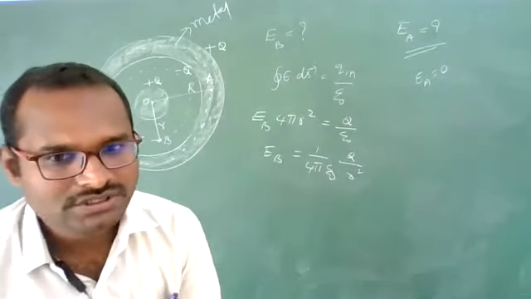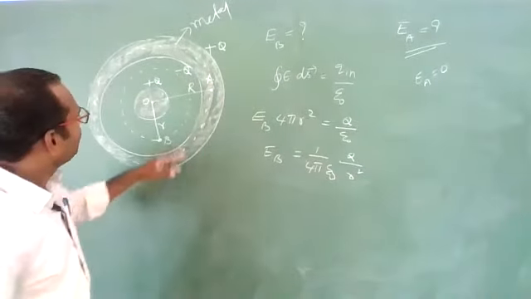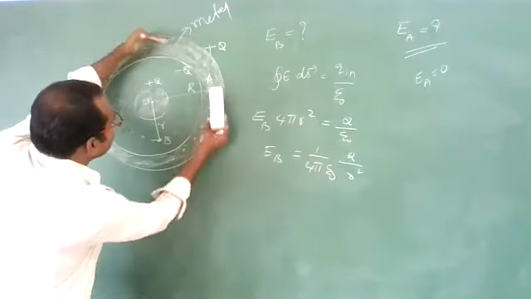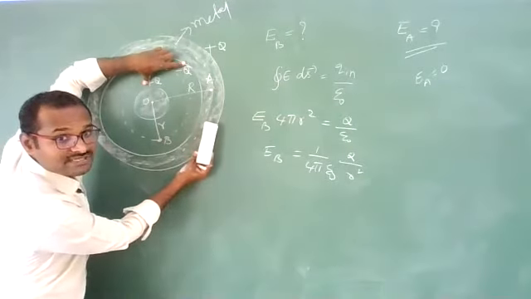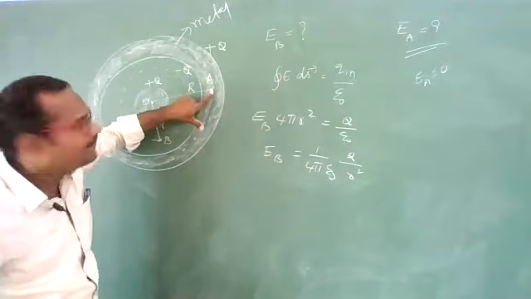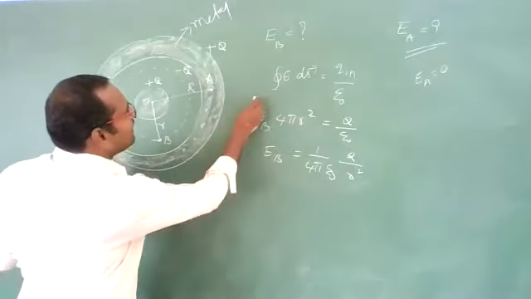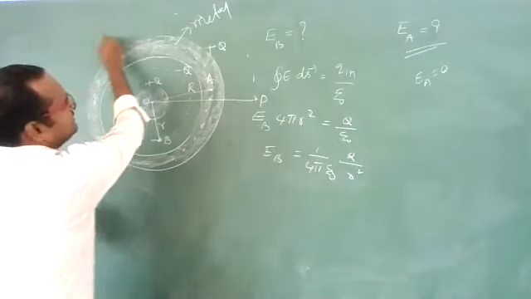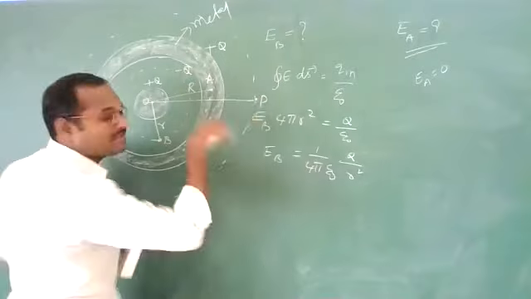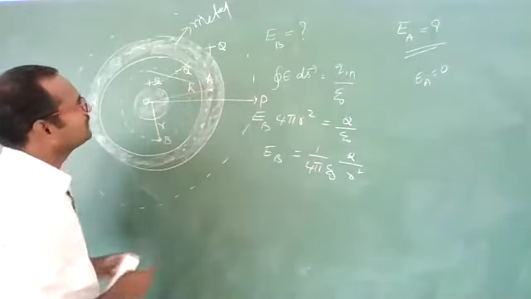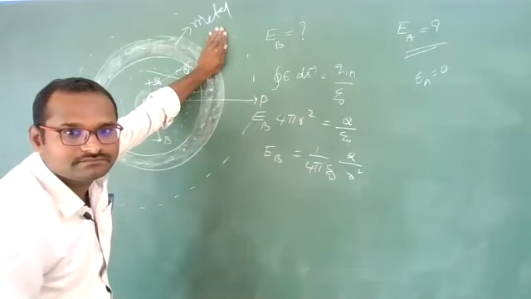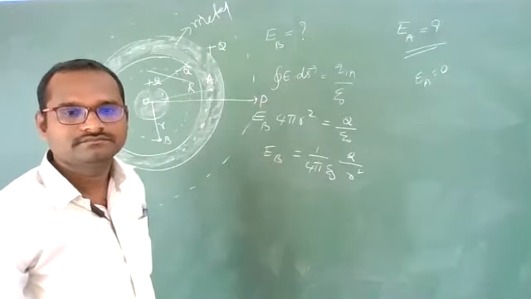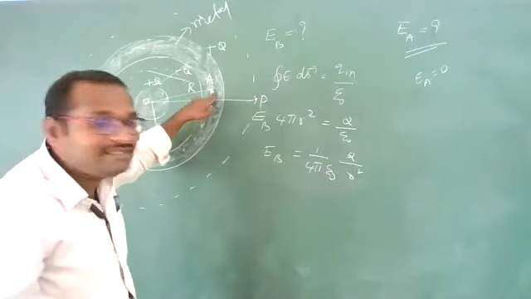A student is asking, sir, the charge is Q, then how is it 0? I am asking here, minus Q charge is induced, no? In this Gaussian surface, how much total charge is there now? Plus Q minus Q, which is 0. Inside is 0, but outside plus Q charge is there. If you want the electric field at this point, you can draw one more Gaussian surface. Now inside this Gaussian surface, how much charge is there? Only plus Q charge is there. You can find it by using this formula. I am asking about the material.